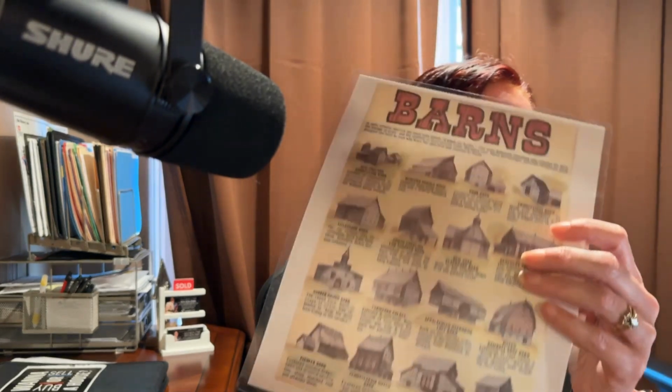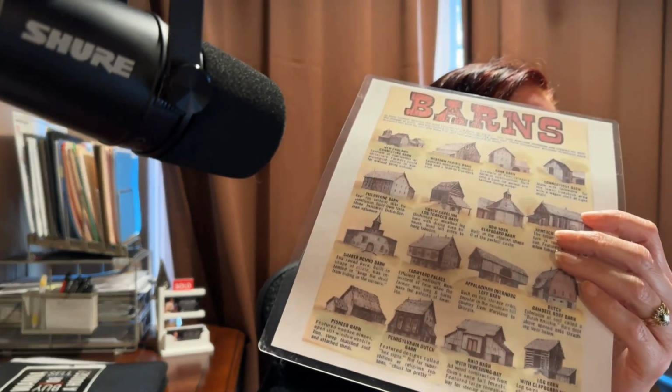log barn with clapboard siding. Log barns, inexpensive and efficient, remained popular longer than did log dwellings. Because log dwellings aren't as popular anymore anyway. Usually you have to do the chinking and stuff on those. So I just think it's neat to learn about history and